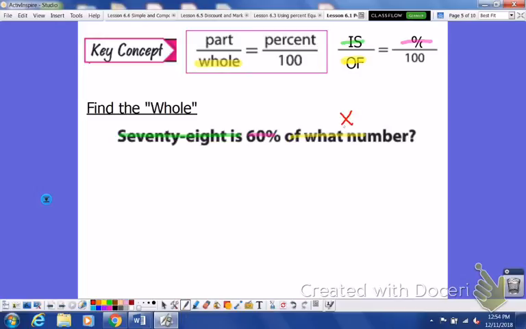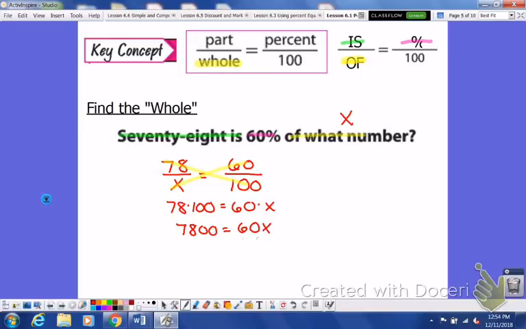So go through, match up our colors here. 78 is our numerator. Our of was our variable. Our percent was 60. And percent is always over 100. Palm tree method, cross multiply divide. So 78 times 100 equals 60 times x. 78 times 100 is 7,800